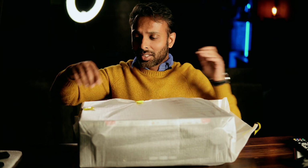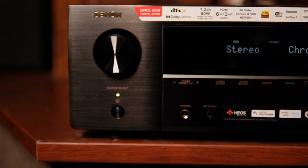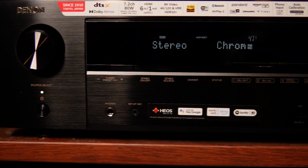Here's a budget AV receiver from Denon. It is the X1700H, currently on sale at Costco, $100 off for just $300. Can this be crowned the king of budget AV receivers in 2025? Let's find out. According to Costco's website, the sale of $300, which is $100 off its usual selling price, is